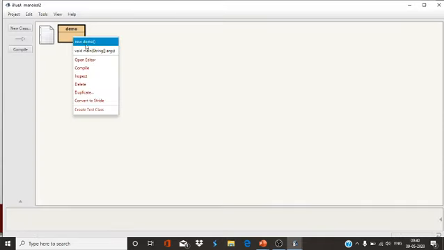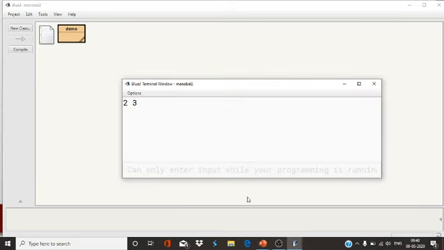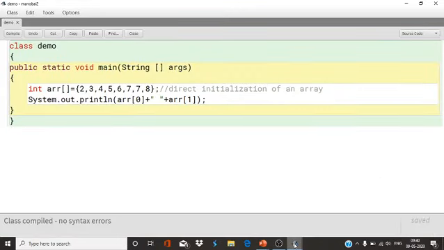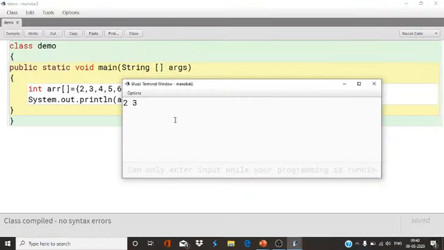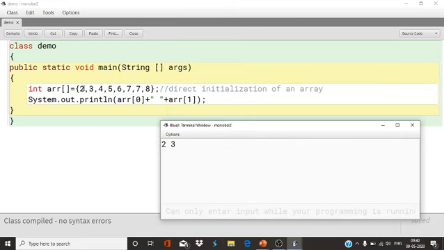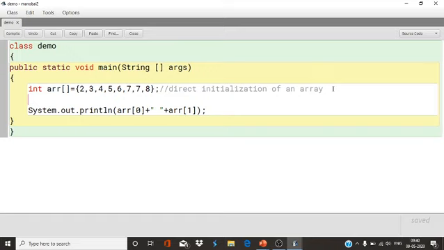Come here, void main: 2 and 3. Why 2 and 3? Because in index 0, 2 is there, and in index 1, 3 is there. But suppose all the numbers we have to print, then that time we have to use a loop for that purpose. Loop means we print all the numbers.